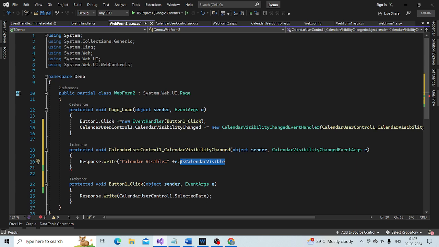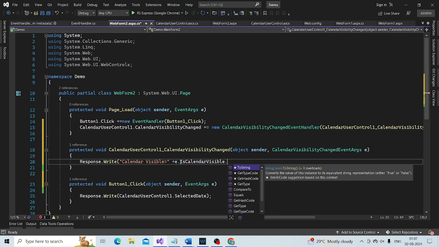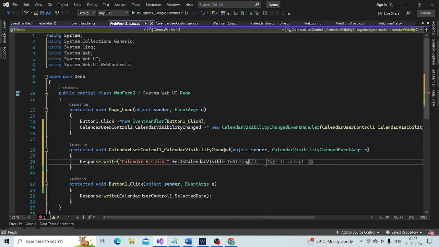Let's convert that to string and then display that. So first convert it. Convert that to string and then display that. Look at that, that's it.